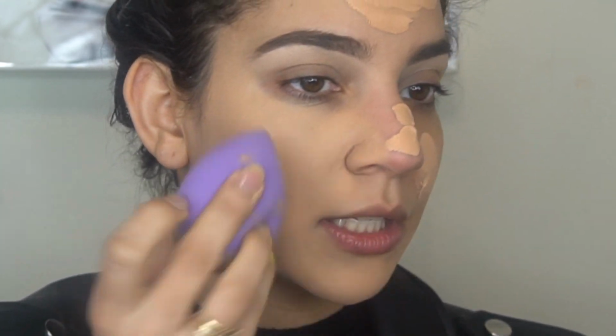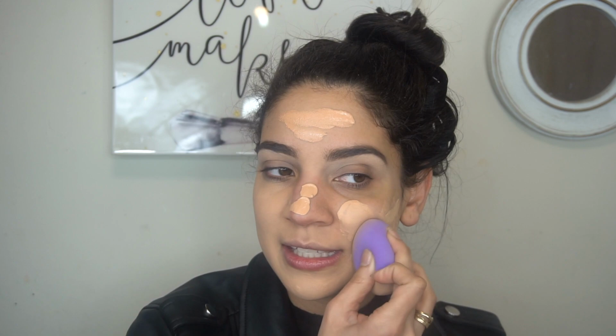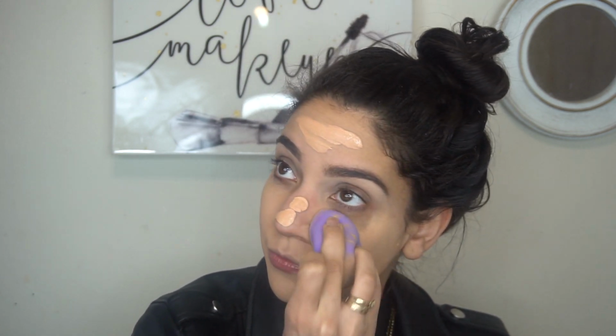Wow, that looks amazing. Okay, I think I have my new favorite primer. And I also want to see, since this is a super matte foundation, I want to see if it actually, with the primer,